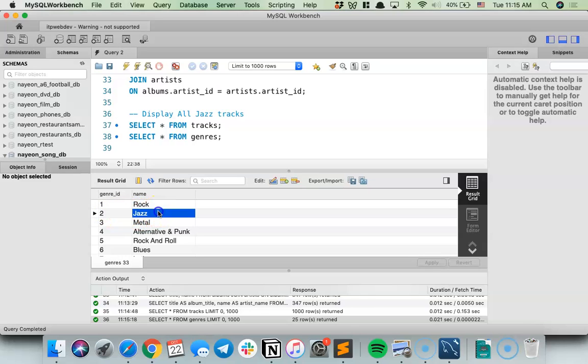Great, okay. And we like to use primary keys when we're working with this, because what if, I doubt this would ever happen, but what if the word jazz changes? Maybe somebody says jazz needs to be changed to jazzy or something, right? It won't happen, but just in case, we could change the name here, no problem, but the ID, the primary key, would never change. So we're always going to refer to the primary key.